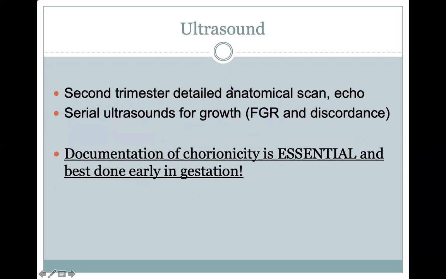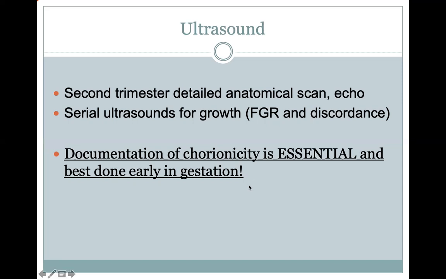So ultrasound is to a maternal fetal medicine specialist like a stethoscope to a cardiologist, and ultrasound in management of twin gestation and multiple gestations is critical. A detailed anatomy scan is imperative. And we also do echocardiograms, particularly on our monoamniotic twins because of the increased incidence of birth defects. And then we follow these twins with ultrasound examinations throughout the pregnancy, looking for fetal growth restriction and significant discordance.